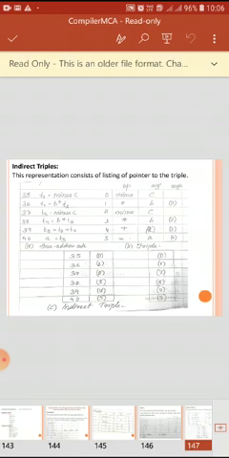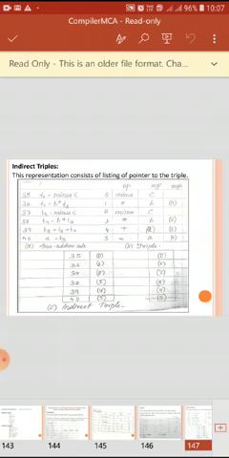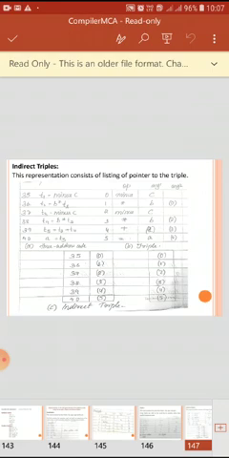Though in the example I've given 302, 303, and so on, let's say it's 35, 36, 37, 38, and so on. Now indirect triple comprises three columns. The first column represents the position number given to the three address code using the position number technique.